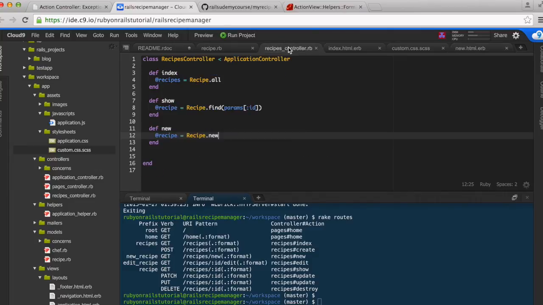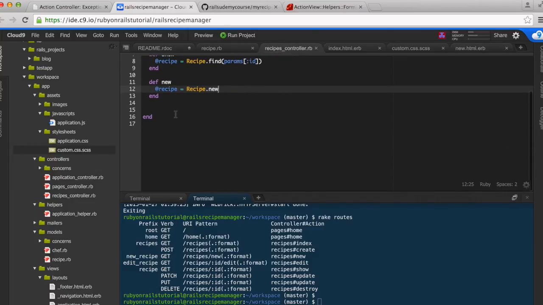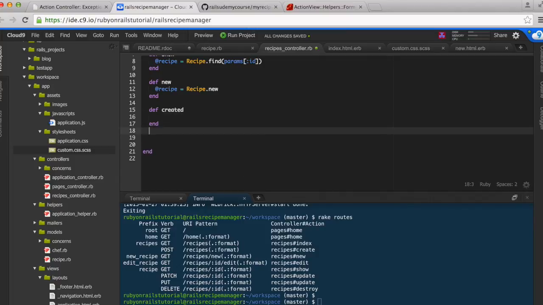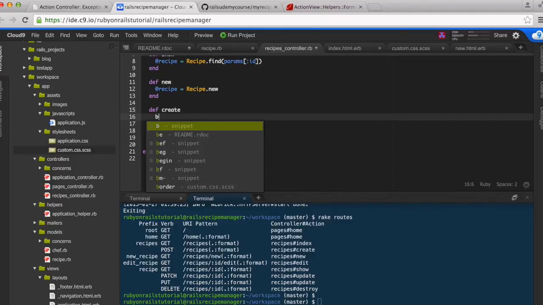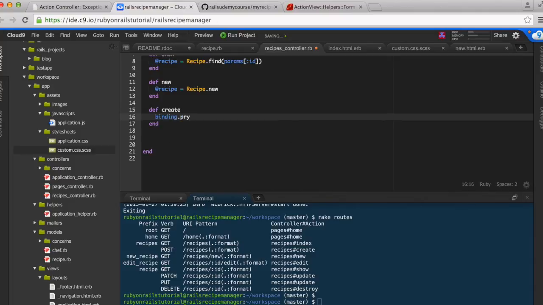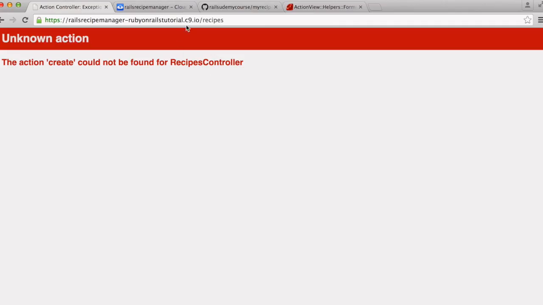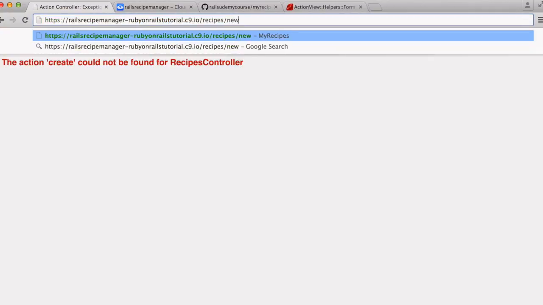If I go back to the recipes controller, under new, define create. Now we have to check what's being passed in to the create action, right? So when we submit the new form, what is being passed in? And how do we check that? We put in binding.pry over here, and then we'll go to this terminal, and this is where it's going to show our parameters. So let's go back here and then type in recipes new,